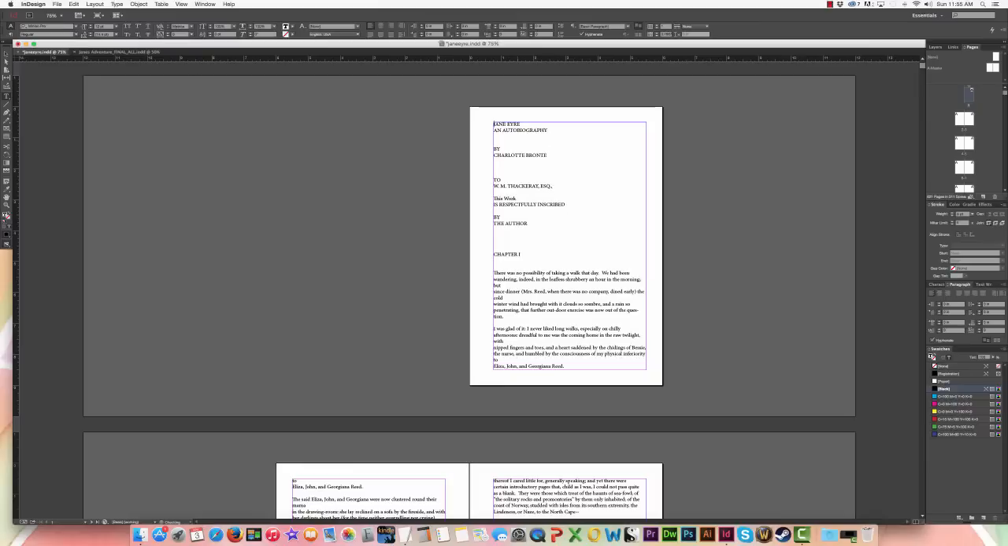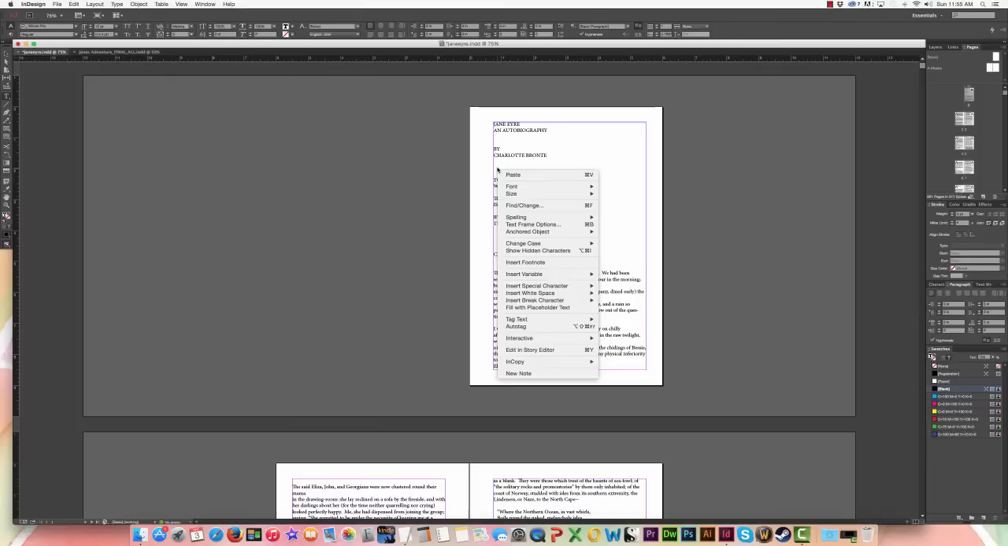What we need to do is get the title page by itself, the inscription by itself, and then the chapter starting by itself. So what you want to do, and you can see I clicked right here, so Jane Eyre, an autobiography, Charlotte Bronte, that part I want together, and my cursor is right there just after it. I'm going to right click, or control click if you have those mice, and you want to insert break character,